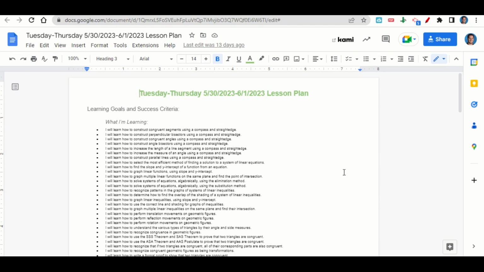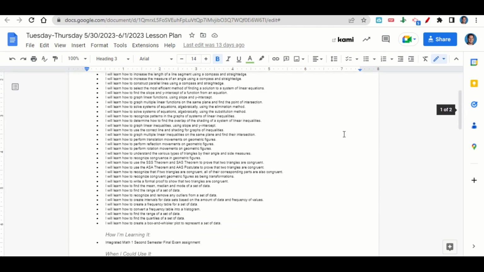translation, reflection, and rotation movements on geometric figures, how to understand the various types of triangles by their angle and side measures, how to recognize congruence in geometric figures, how to use the SSS theorem, SAS theorem, ASA theorem, and AAS postulate to prove that two triangles are congruent, how to recognize that if two triangles are congruent, all of their corresponding parts are congruent, how to recognize congruent geometric figures as being transformations, how to write a formal proof